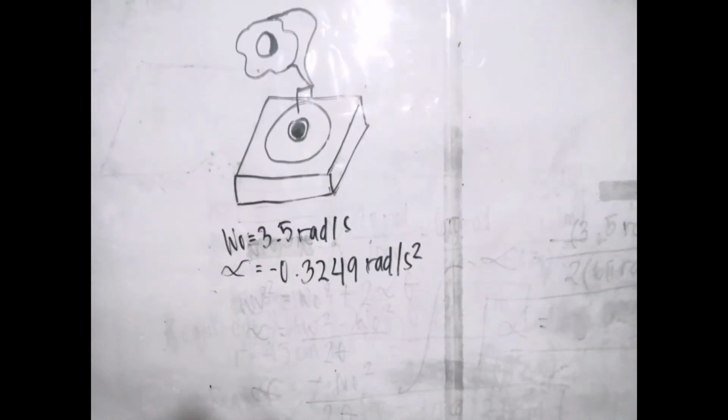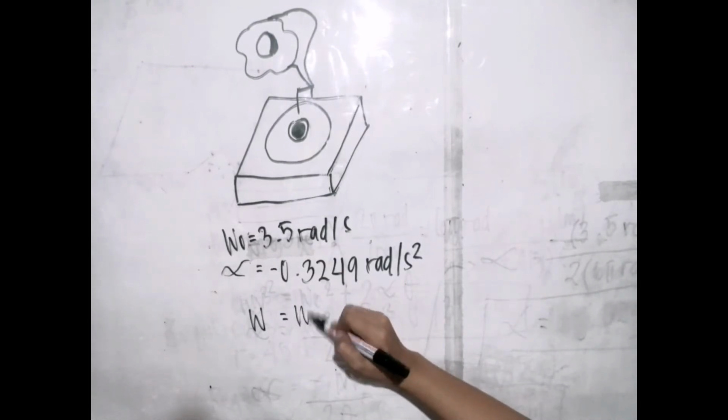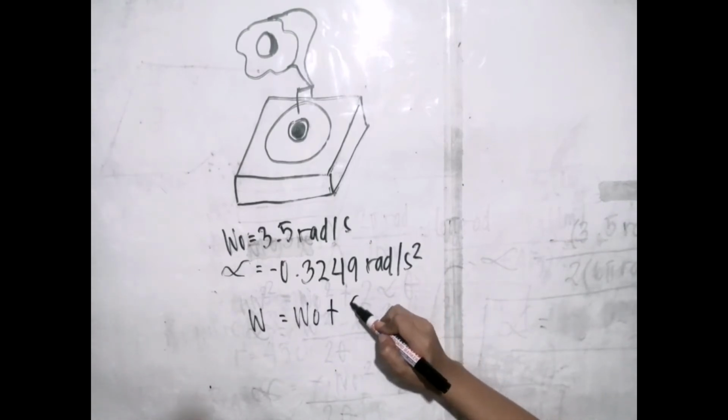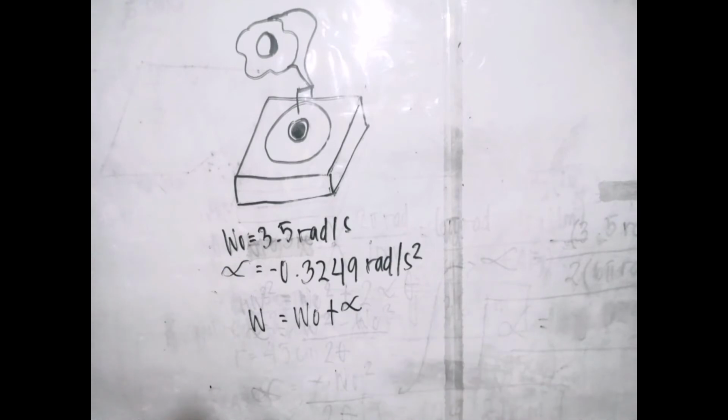Next is we are asked to calculate the time it takes to come to a stop. So in this problem, we are going to use the first equation, and it is equal to final angular velocity is equal to initial angular velocity plus alpha, or the angular acceleration,